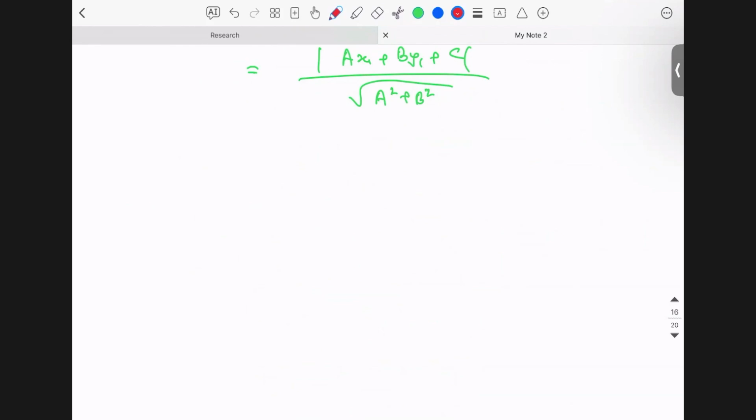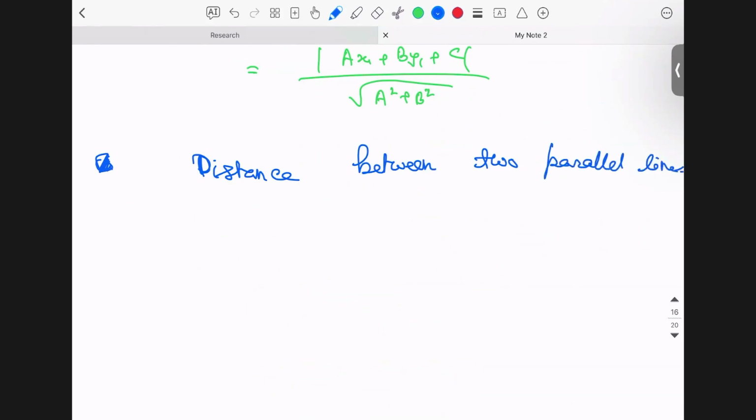Okay, the next point is distance between two parallel lines. So before going to the distance between parallel lines, first note that if two lines are not parallel,